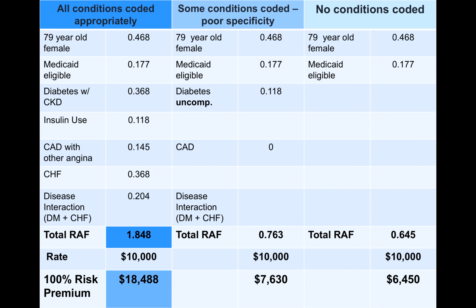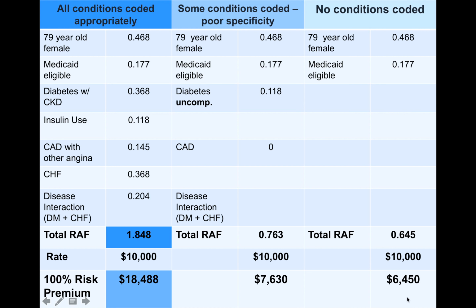So let's look at a patient. On the far right, we will say this patient was evaluated twice in the past year, both for acute conditions such as a UTI or sinusitis, but no comorbid diagnoses with HCC scores were coded. Therefore, her only weight for her RAF score is from her age and her Medicaid status. And you see the impact of this risk adjustment on that bid rate for, let's say, a hospitalization and the